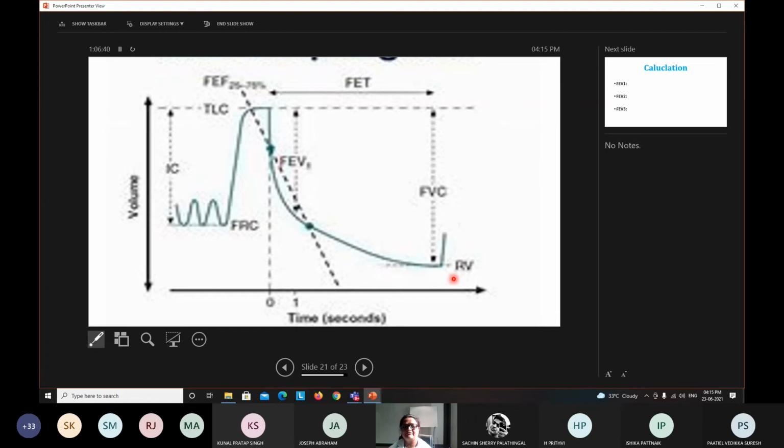Now using this graph, we are going to calculate FEV, forced expiratory volume in 1 second, because it is a dynamic function. How much air is exhaled in the first, second, and third second is very, very important to understand whether the person has any lung disorders. Looking at the shape of the curve itself, you can assess whether it is normal or abnormal. So how to measure it in the first second?